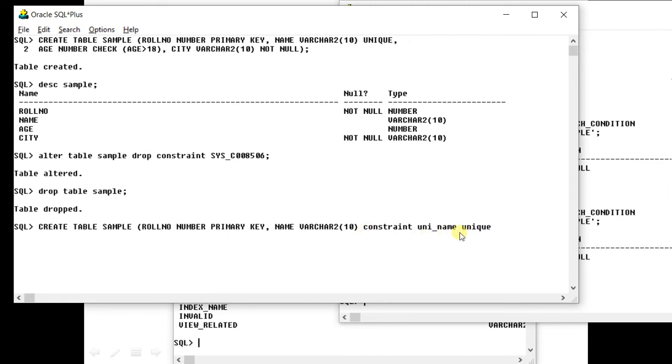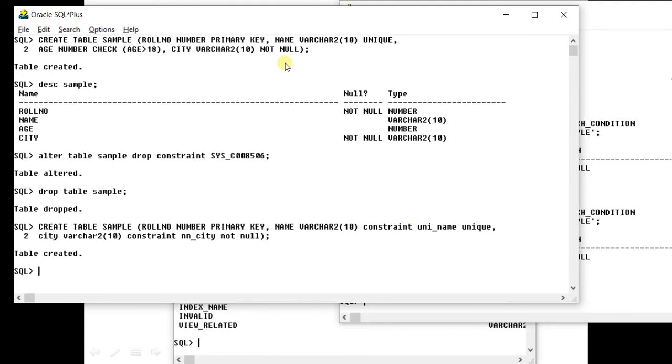Comma age, or you can take city, city varchar2(10). Again, I want to give it my own name, so I will type constraint nn_city, and then the type of constraint, not null. Now you can see the table is created.